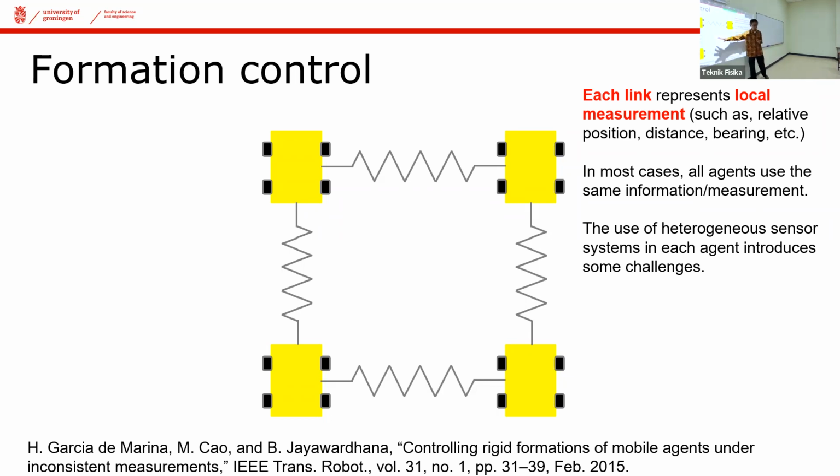So if everything is just using distance, we have nice, elegant solutions. But if one agent is using distance, and this one is only using bearing, then when they measure each other, this one is measuring distance to that one, and that one is measuring bearing to this one. There should be a bit of compatibility in the way we define the formations, and that creates a bit of an issue sometimes, but I'm not going to cover it today. I will try to just give you some of the problems that might be encountered.